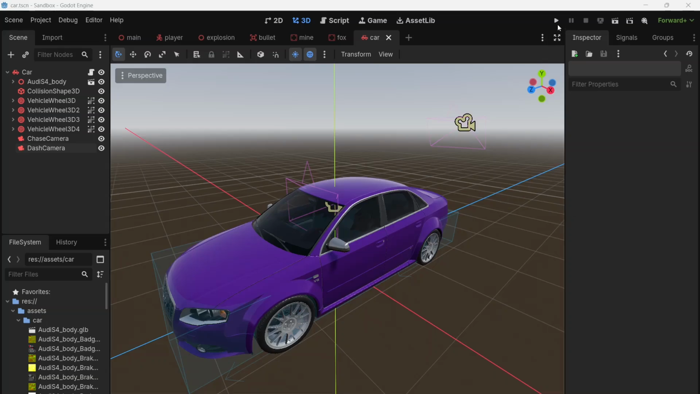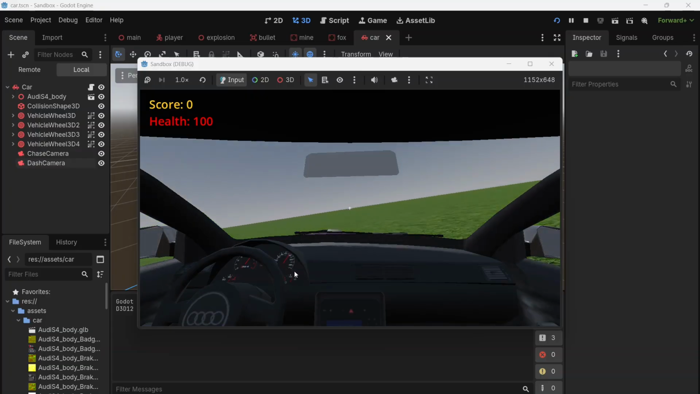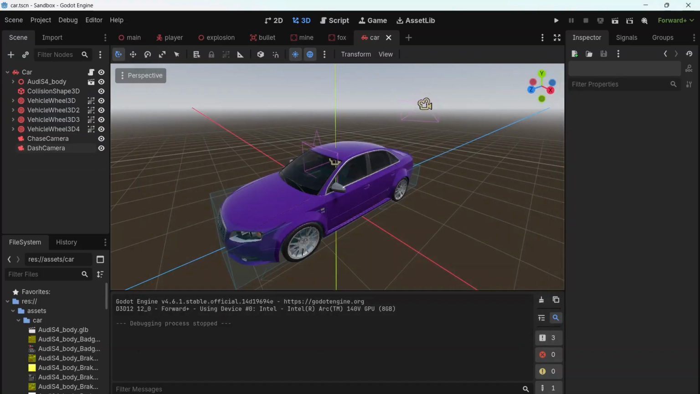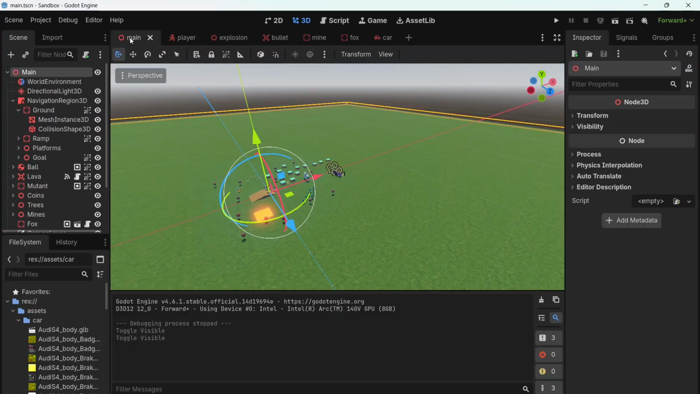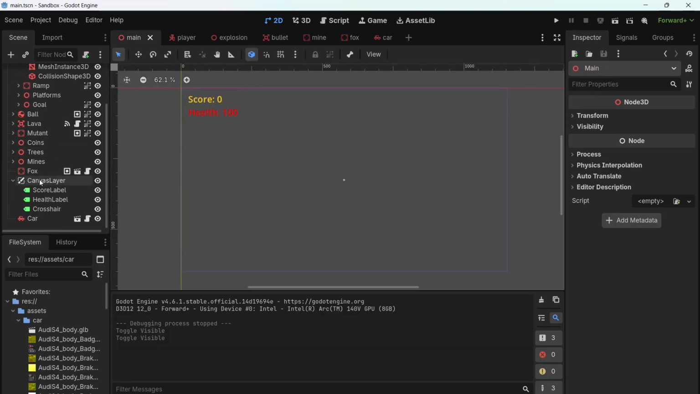Now we've got a nice dash camera working in our Godot game, but the dashboard itself doesn't really have anything readable on it, so I'd love it if we had a speedometer in our game that told us how fast the car was going. Because it's going to be part of our heads-up display along with our score and our health, that means it's going to be in our main scene in the 2D view, where we've added a canvas